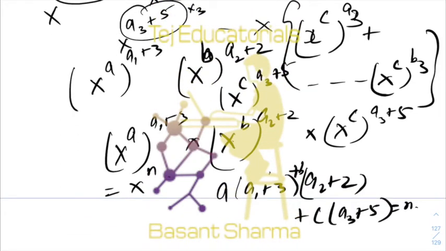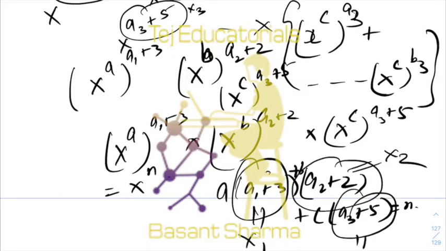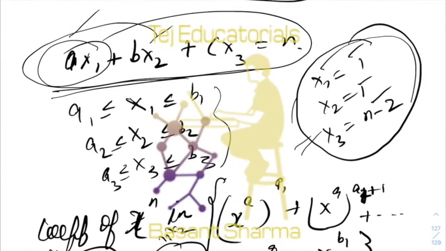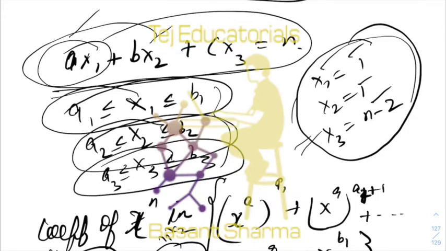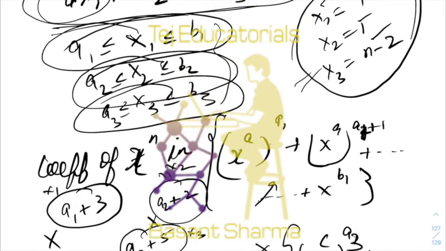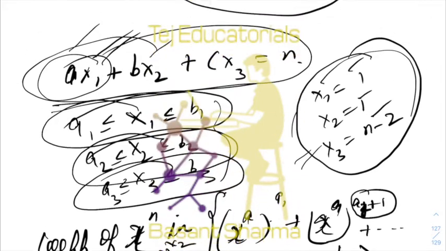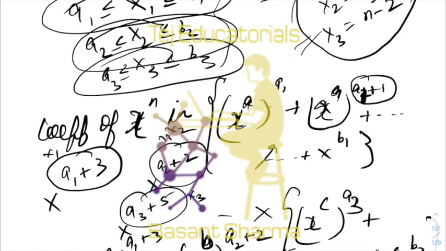So do you see that this is one solution, right? And x1 is a1 plus 3. So basically x1 will lie somewhere here, which is satisfied. x2 is between this, x3 is between this. So corresponding to every solution of this equation, you will get this x to the power a will remain same everywhere. Okay, but the other term that is getting multiplied, that will be the solution of this equation, right? So think about it, that is pretty straightforward, just what we have been doing before, the same thing.